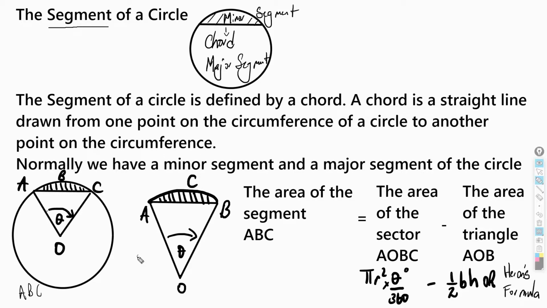And in this example, where we're just focusing on the segment only, where we have ACB, or ABC, the area of the segment ABC is equal to the area of the sector AOBC, which is A to O to B to C, which is that whole area here. And remember how we find the area of the sector, guys? It's pi r squared multiplied by theta degrees over 360, minus the area of the